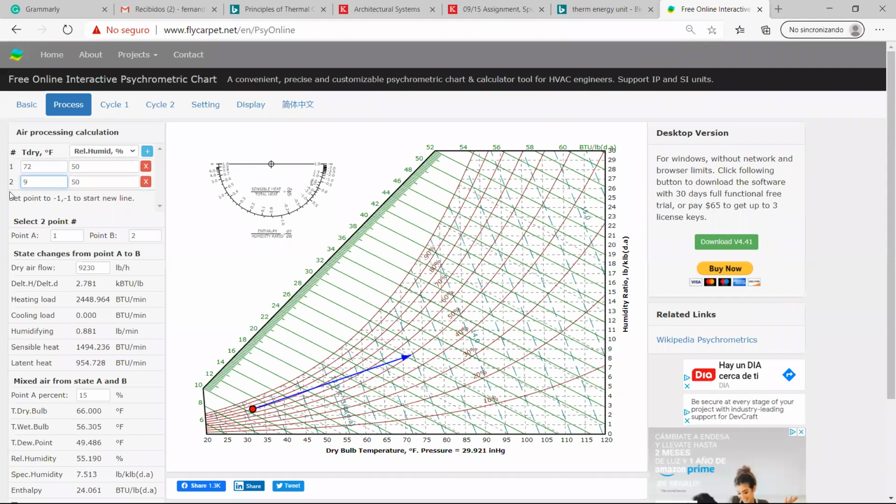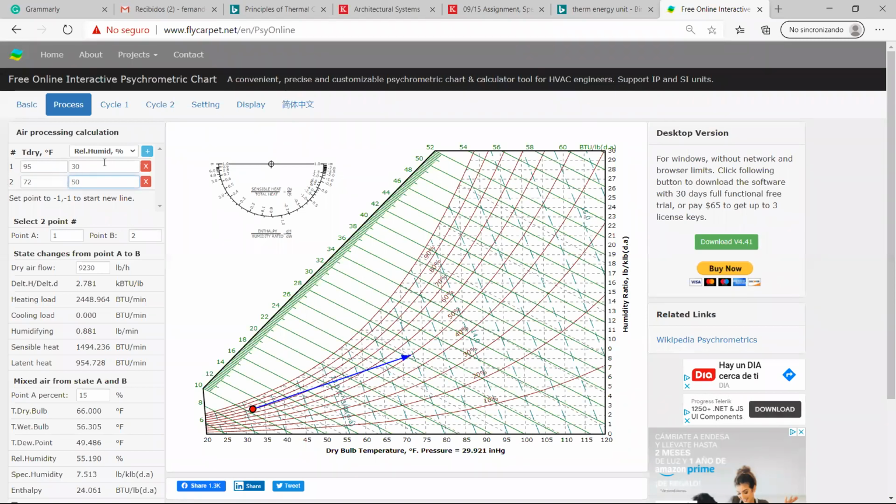So it's the 95 and 30. Okay, so those are the summer conditions. The beginning, it's indoor, 72 and 50. The final, no, I'm going to do the other way around. So the first one would be 95 and 30. And the second point would be 72